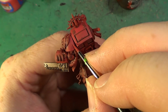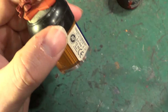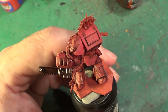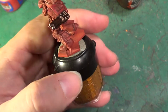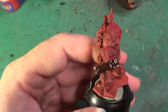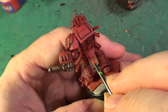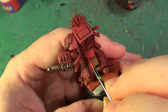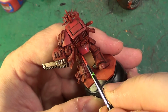And I've no idea what colour these particular gems are on this character, because his chainsword on the picture that I'm using is basically facing that way. You don't actually see the gems, so I'm going to make them up as I go along, but the rest of it I'm trying to stick as close as I can to the actual reference photograph that's on the back of the, which book is it? The mission book for Space Hulk,